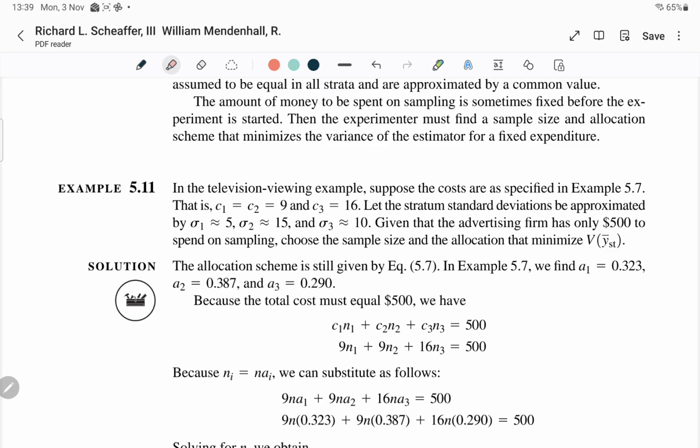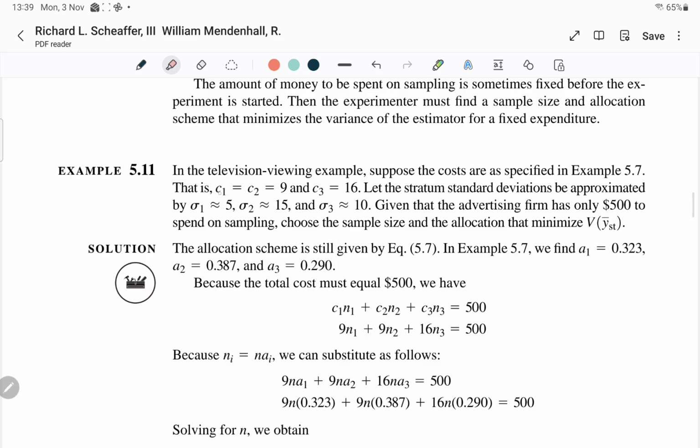Okay. Question number 5.11. You could see that cost is given and the cost is different as well. Okay, and sigma is given and sigma is different as well. It means both cost and the variation, meaning standard deviation, are different. So it means that you will be calculating these allocation values yourself, although it is given here, because allocation is required to calculate